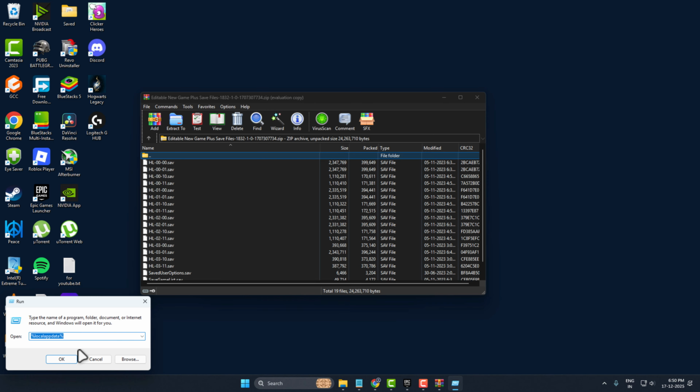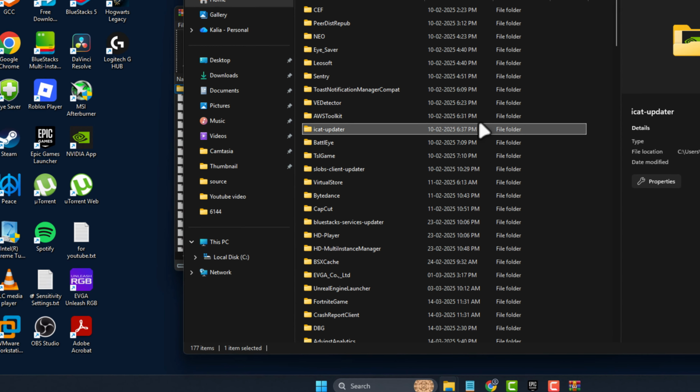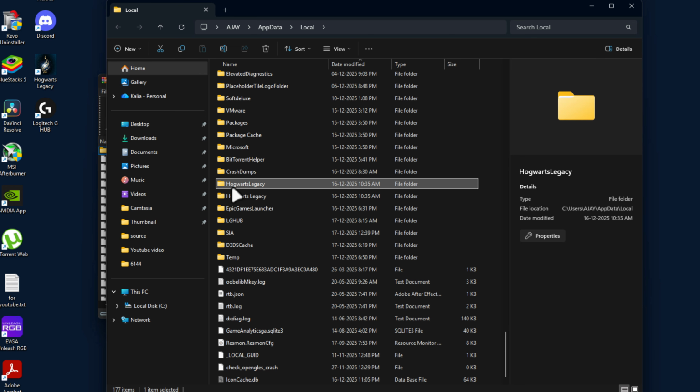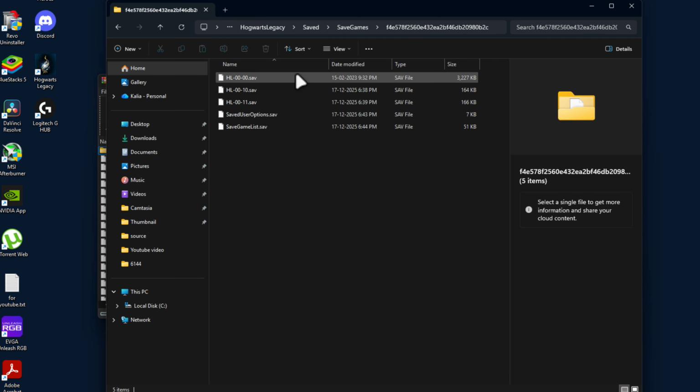Go to the search menu and type run. Click on open. In the run window type percent local app data percent again and click on OK. Type here Hogwarts Legacy, double click on the Hogwarts Legacy folder and double click on save games random numbers, and